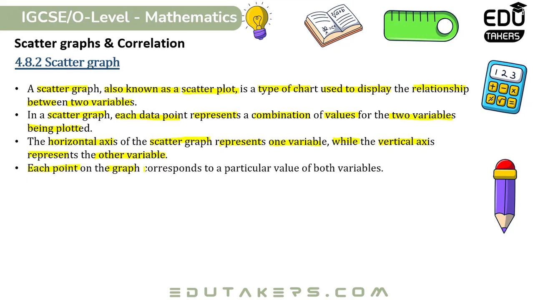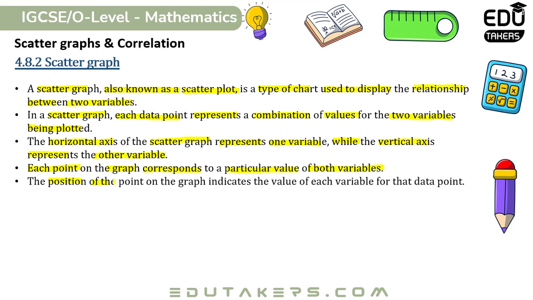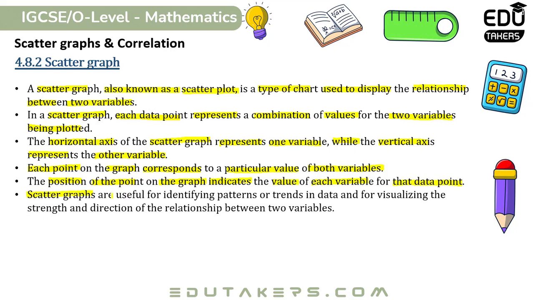Each point on the graph corresponds to a particular value of both variables. The position of the point on the graph indicates the value of each variable for that data point. Scatter graphs are useful for identifying patterns or trends in data and for visualizing the strength and direction of the